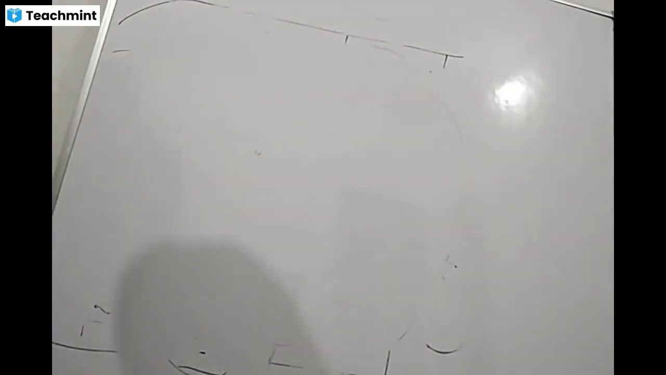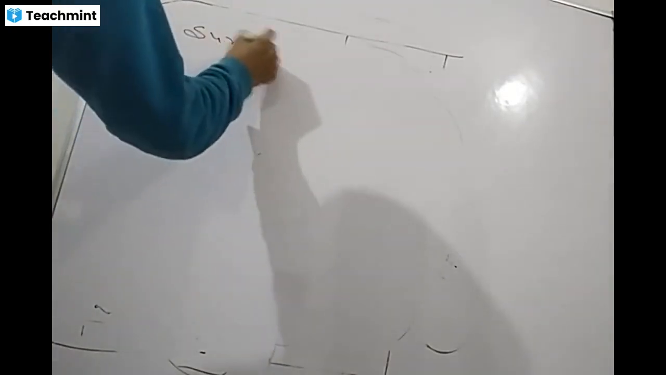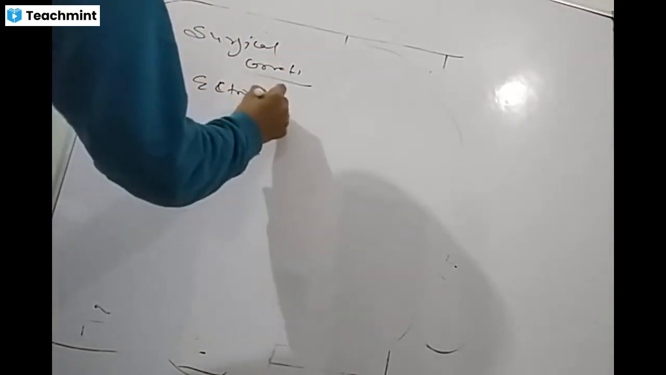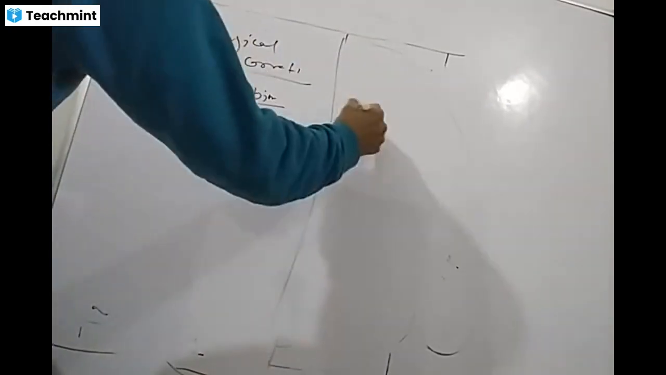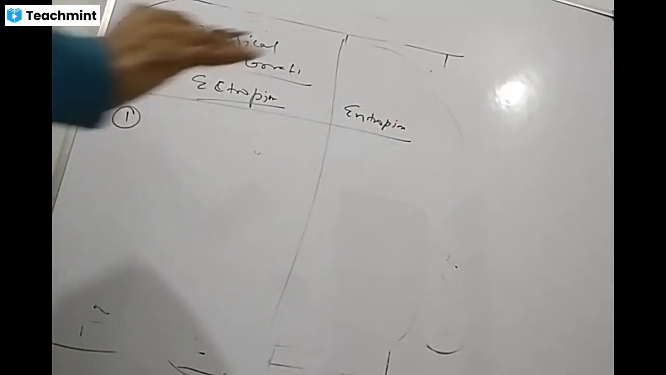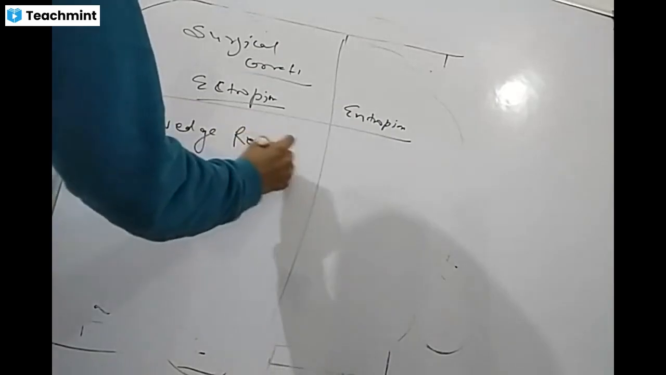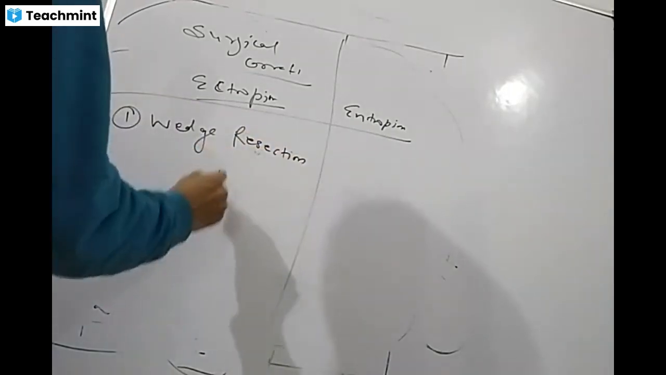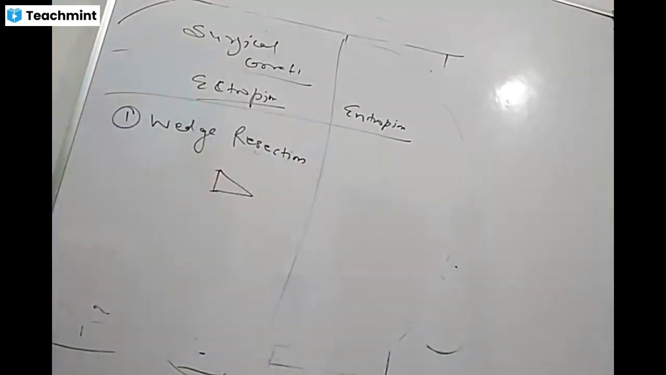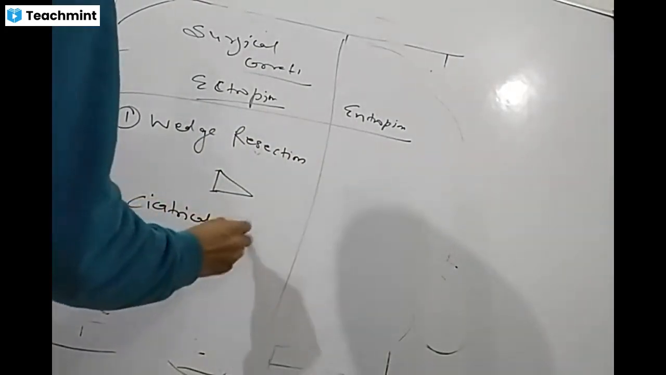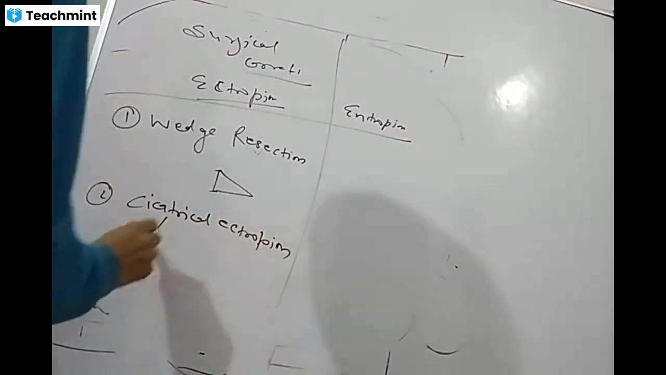Then, in both cases, surgical correction. First is ectropion, and then entropion. The first procedure is known as wedge resection. This structure is known as a wedge, so taking out a piece of tissue in the form of a wedge. And for the more common cicatricial ectropion,